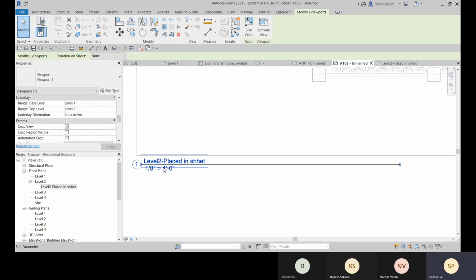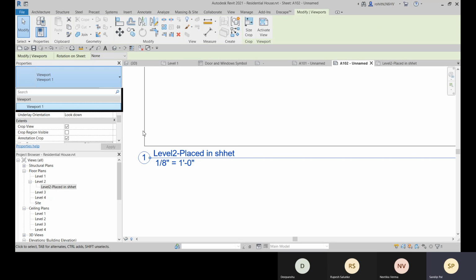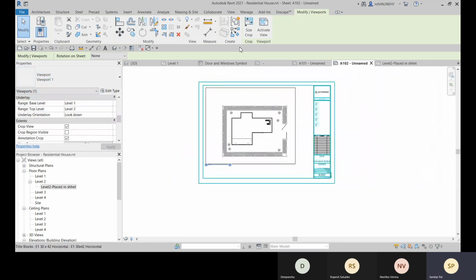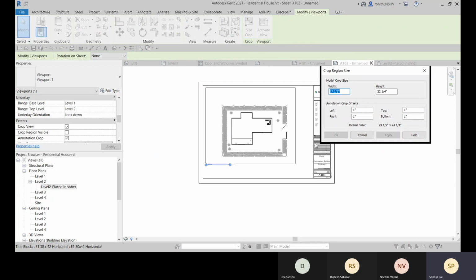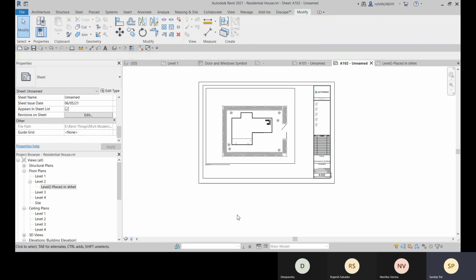You can just place with this title, the viewport title. So that option is not available here right now. And you can also go for this size crop, and you can change the size for your crop view, the crop region. You can change the size,